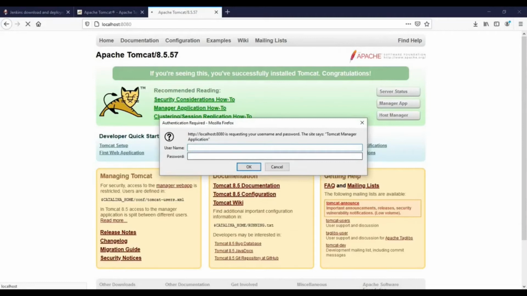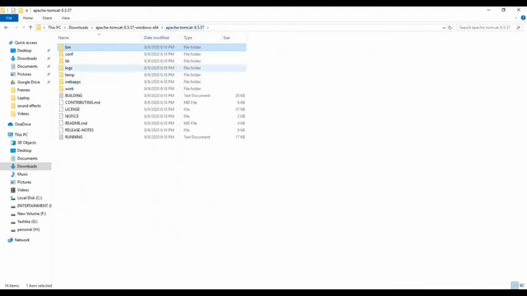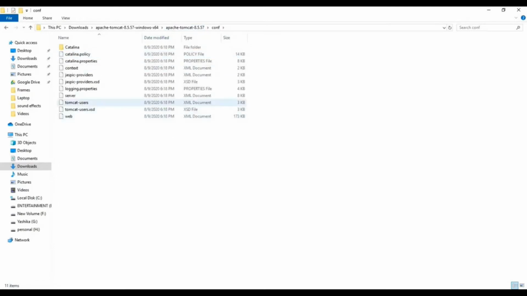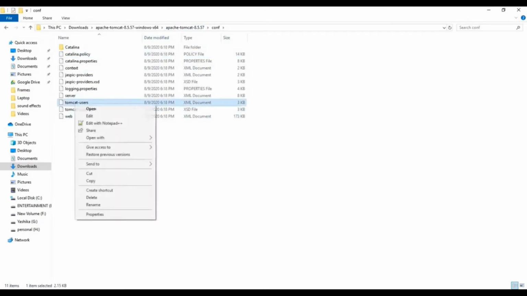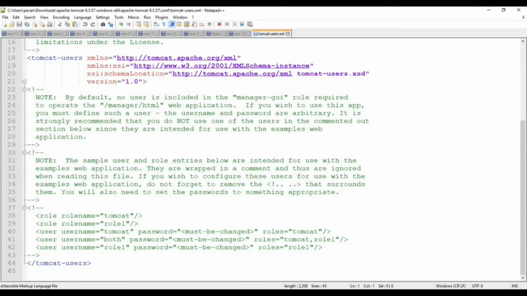So for the first time we are trying to log in here, so we don't have any user ID configured. So for that we have to go back to config files and configure the Tomcat users. Okay, let's go back to the Tomcat installation directory. Just go back one folder back. Under config we have a Tomcat-users file which is a text file. Open with any of the text editor. So I have opened with Notepad++.